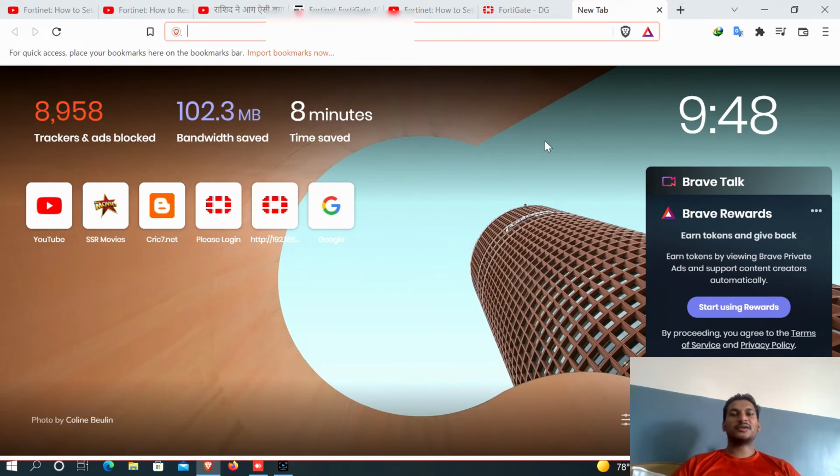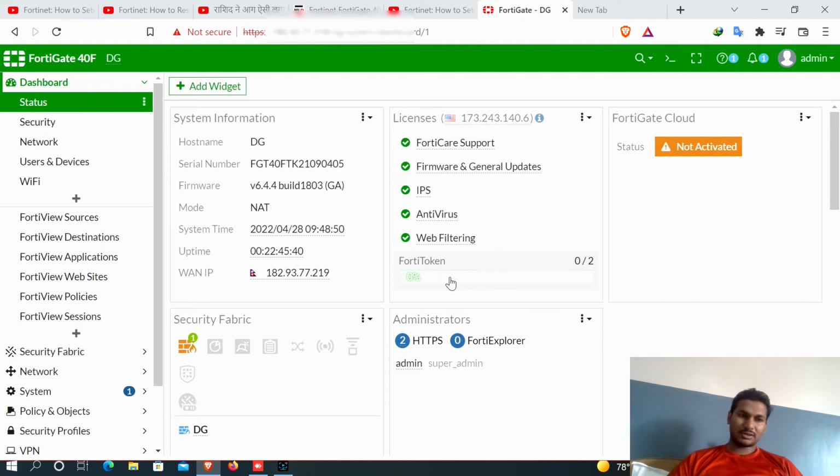How to configure SSL VPN in Fortinet. So let's start. First, log in to your Fortinet, and after login you have to just go